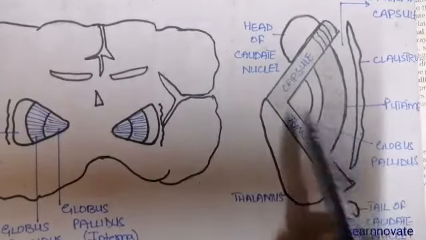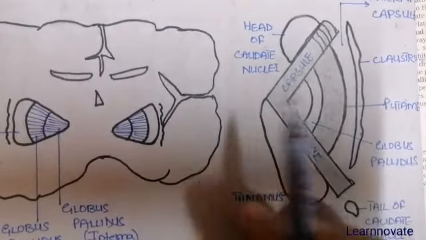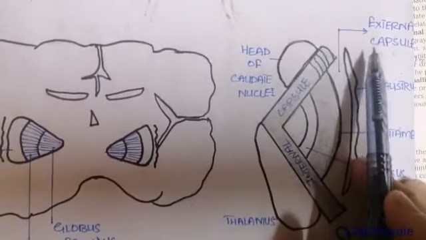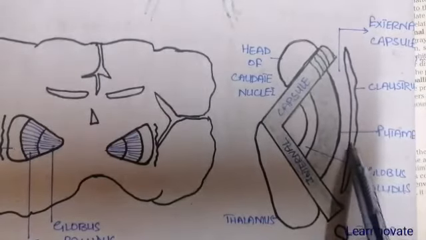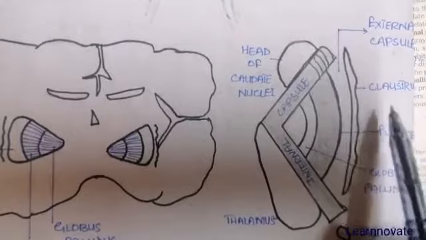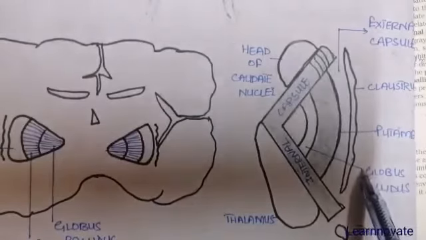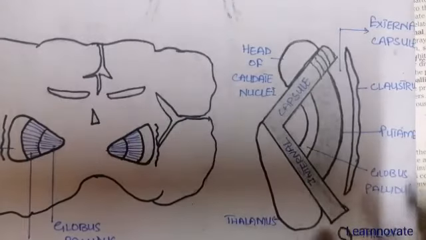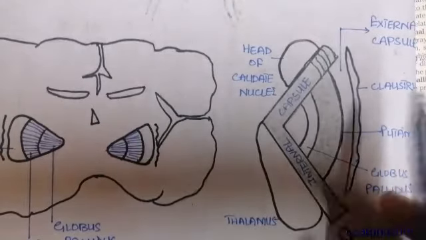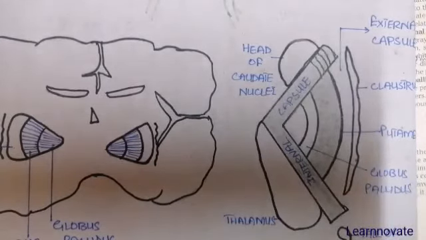Now if we move laterally towards the outer side of the putamen, we can see a space. This space is white matter, and this area is called the external capsule. Then outer to this external capsule we again see an area of grey matter called the claustrum. External to the claustrum is again an area of white matter called the extreme capsule, and then there will be the insula. So this is how the lentiform nucleus is arranged over the internal capsule and over the lateral side of the insula. This is a detailed diagram showing the lentiform nuclei and their relation with the caudate and the corpus striatum as a whole.